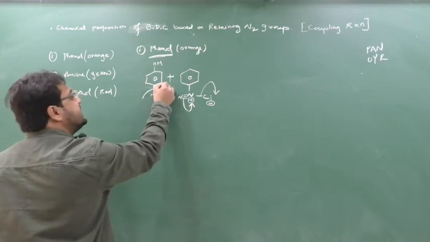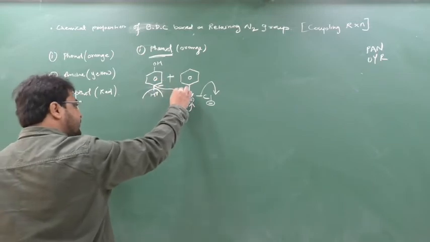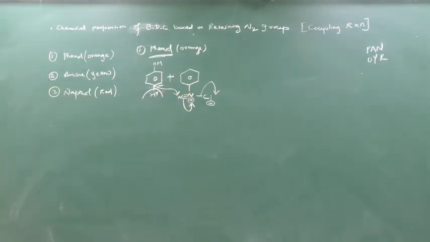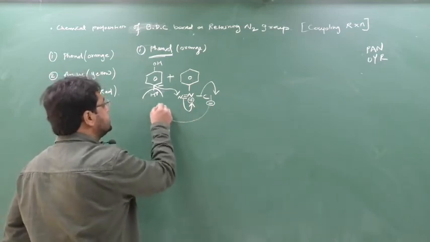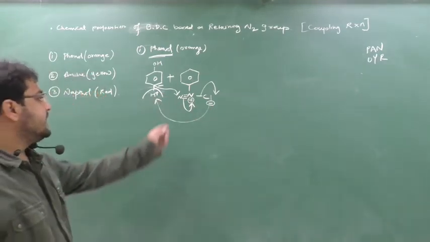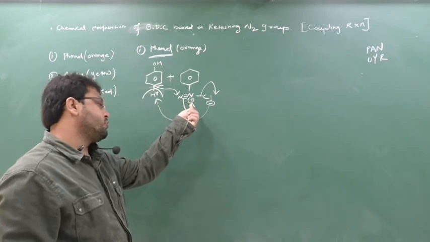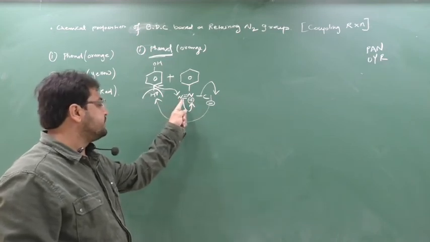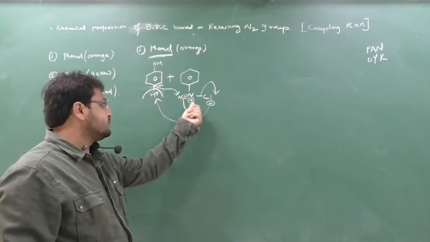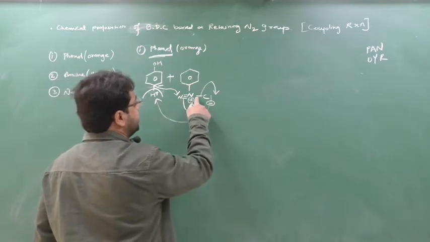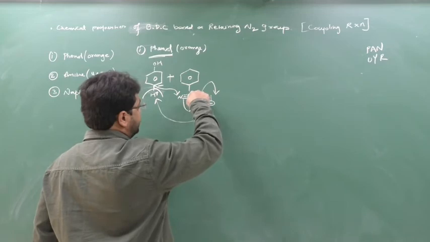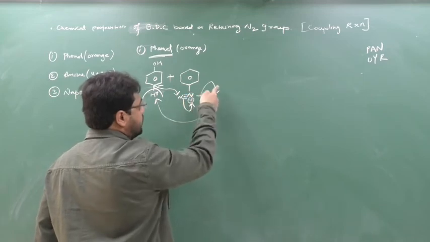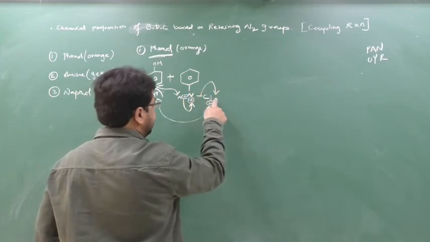So it is creating a minus here, and this will join here. This is a nitrogen. So this H plus will come here, and this Cl minus will come here. See the circle. This nitrogen is in need of an electron due to the positive charge, so this triple bond gets broken to satisfy this nitrogen. So this nitrogen is making a new bond here. To make a new bond and gain a new electron, the old bond should break. So here Cl minus will go.